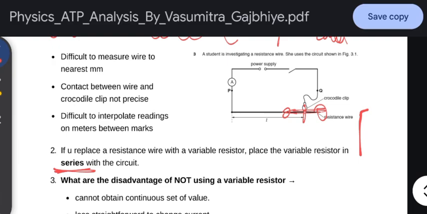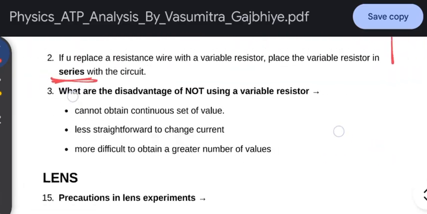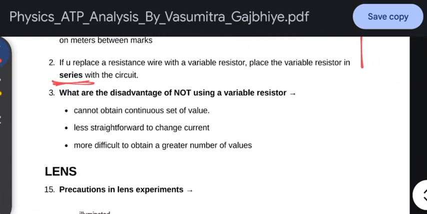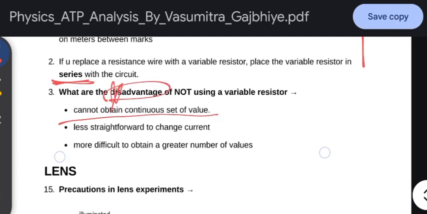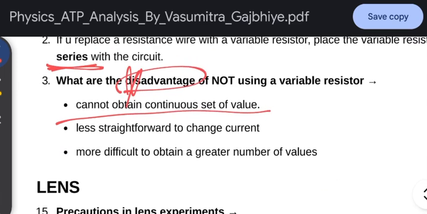What are the disadvantages of not using a variable resistor? This is a very common question to ask you. What are the advantages? What are the disadvantages? You cannot obtain a continuous set of values if they ask you advantage. So we are not able to obtain a continuous set of values, and it is